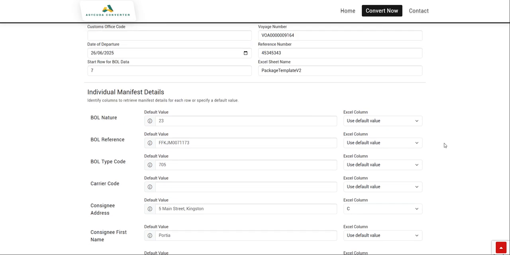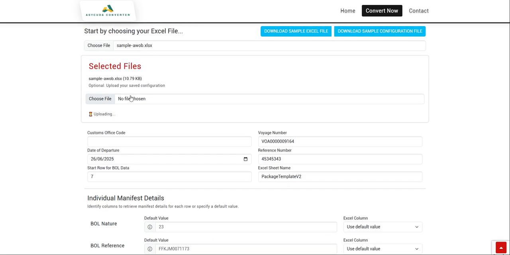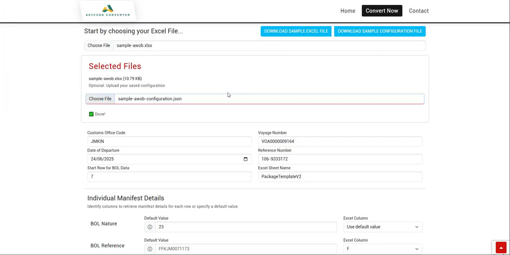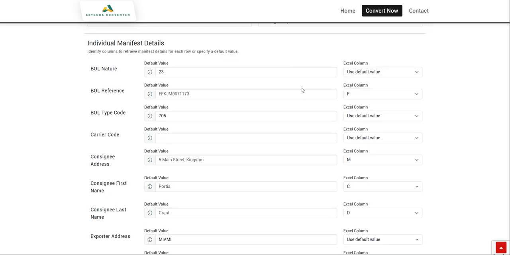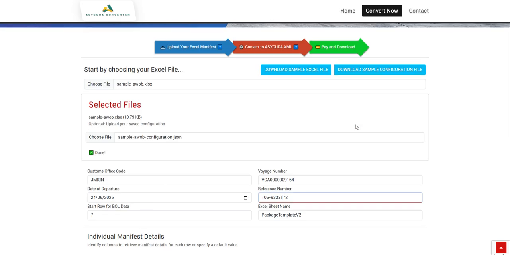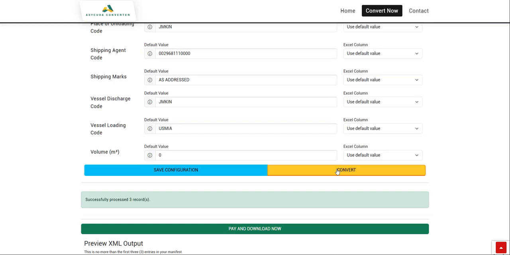Now what I've done is simply upload that. So even the sample configuration, you can download that, and what you can do is then upload your saved configuration. So choose file, upload configuration, and now you realize it's pulling everything in. I simply change the voyage number, change reference number, but already you're seeing that it has the columns that have already been saved. So I've done this before, and so you can download the samples and simply reuse the configuration file. Then you click convert,